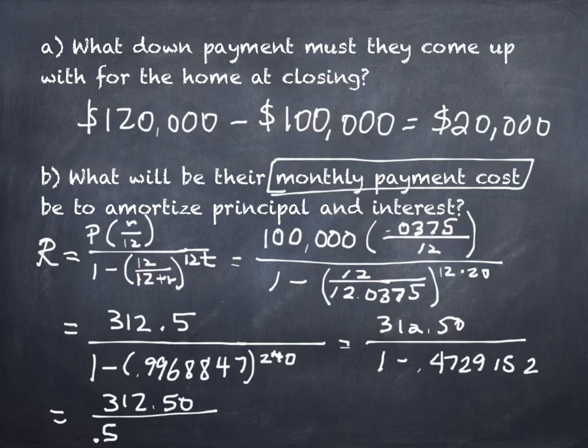I'll start you out. It's 0.5 something. 27084 7? Something like this, fairly close to that. Again, if the end of your value is slightly different, like this says 8 or 6 or something, it's okay. It's not going to hurt anything in the long run, okay? All right, so last thing you need to do then is what? Divide. So once you take 312.50 and divide by that 0.5270847, this amount will be your monthly payment.